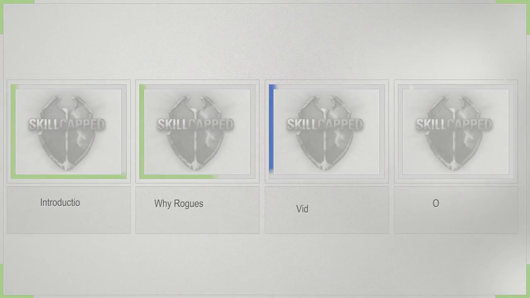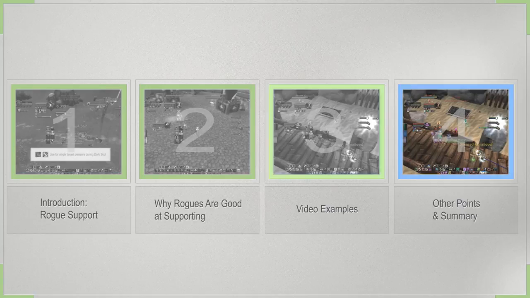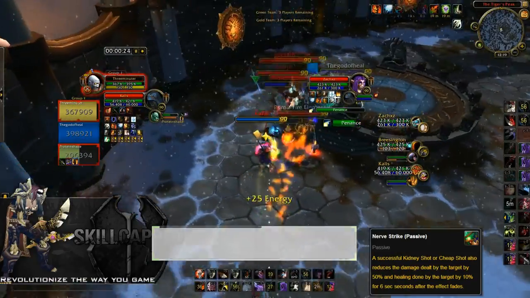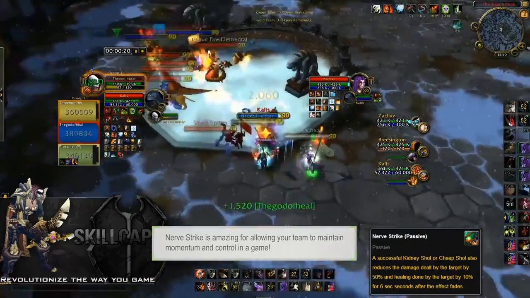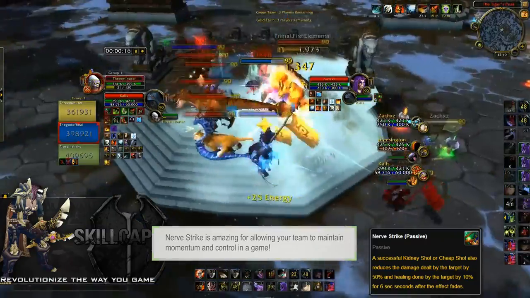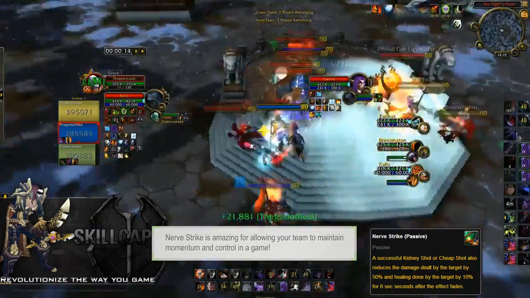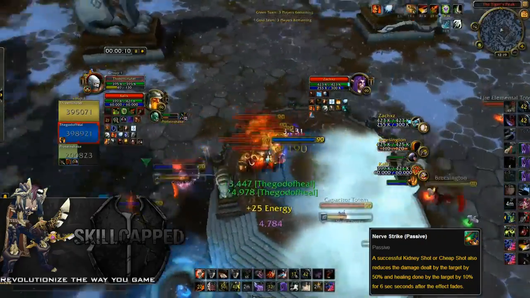One last thing about rogue control and support is that I wanted to go over the talent Nerve Strike. This talent is absolutely amazing for allowing your team to maintain momentum and control in a game. It's the perfect talent for peeling. One simple cheap shot on another target, and you've essentially put them out of commission for 11 seconds. You have 5 seconds of cheap shot into 6